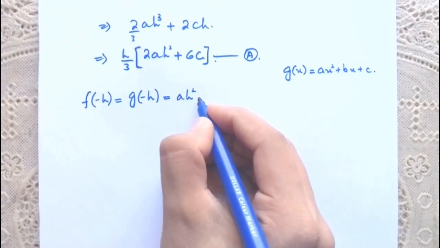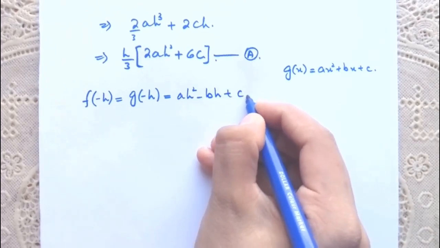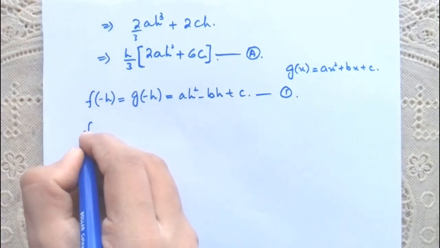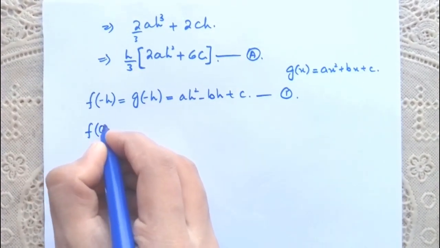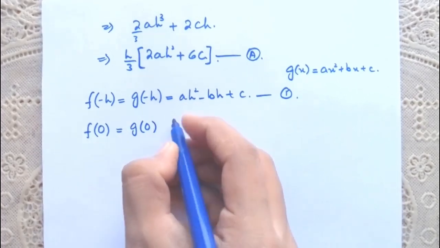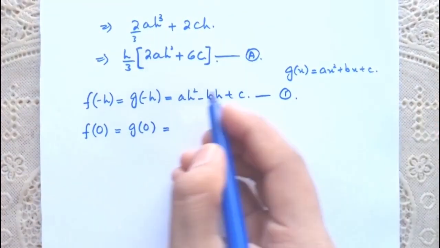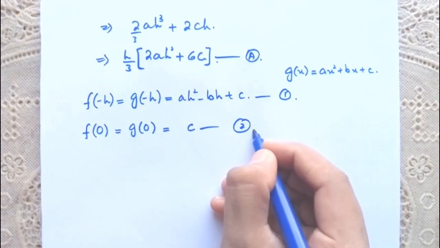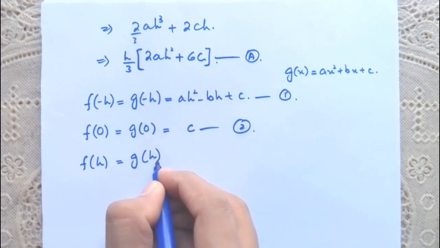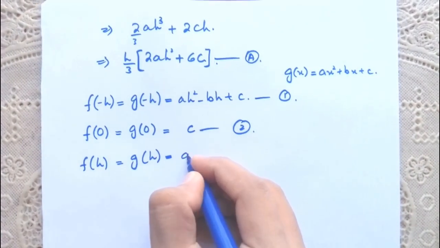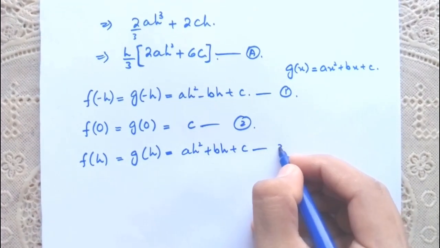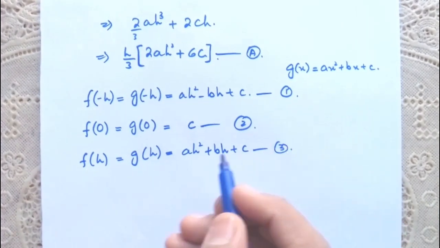a h square minus b h plus c, and this is equation 1, right? Now f of 0 is equal to g of 0 is equal to c, and f of h is equal to g of h is equal to a h square plus b h plus c, right? Now adding 1 and 3,